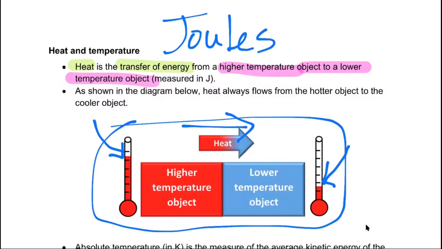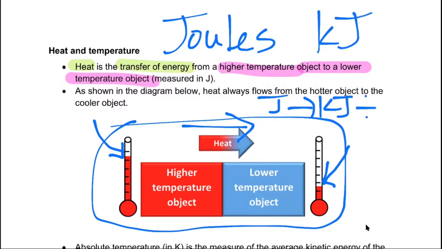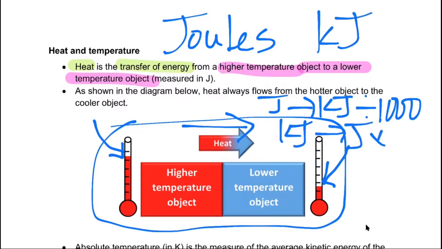You can also have kilojoules, so you can also have kJ, kilojoules. And if I need to go between joules and kilojoules, then I divide by 1,000, okay? So joules to kilojoules, I would divide by 1,000. If I go the opposite way, kilojoules to joules, then I multiply by 1,000. So you need to know that because you will have to use those conversions at different times later on in